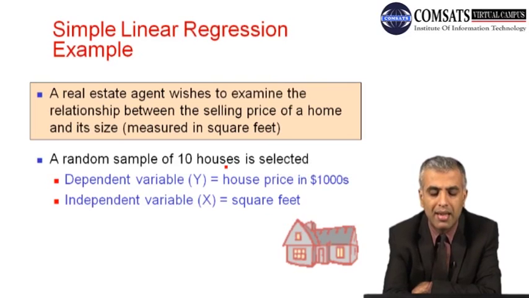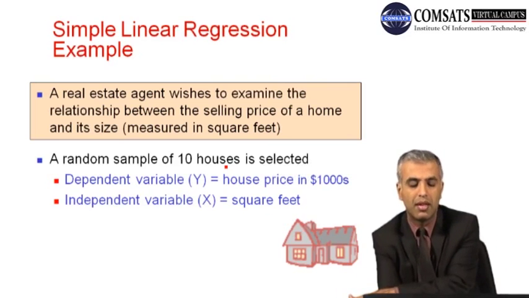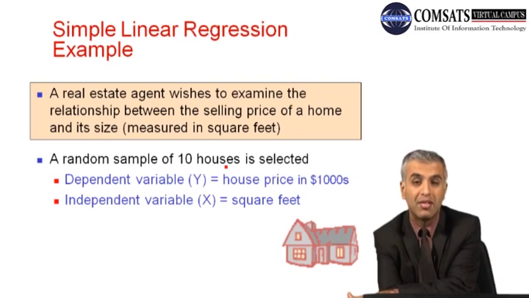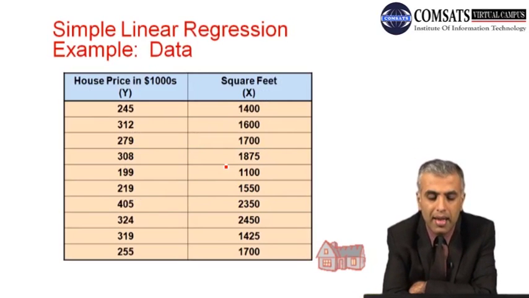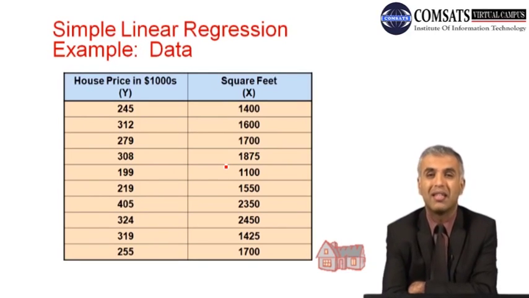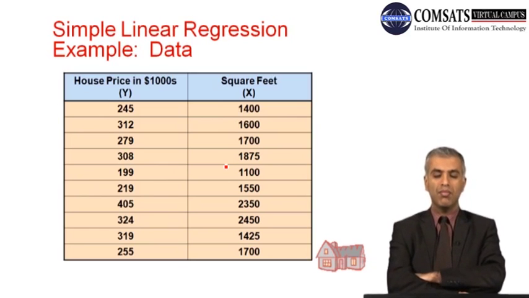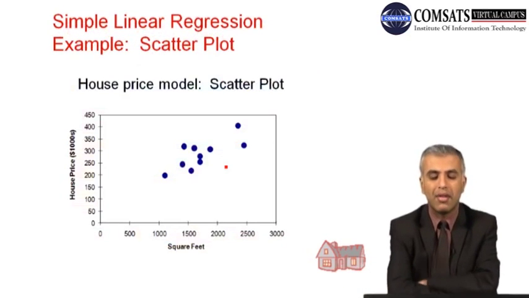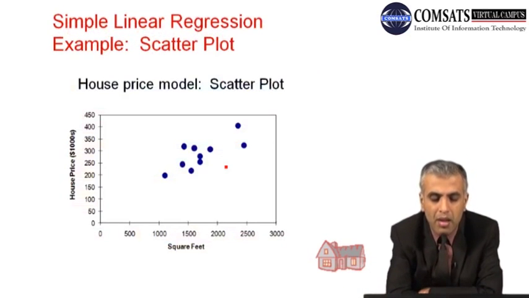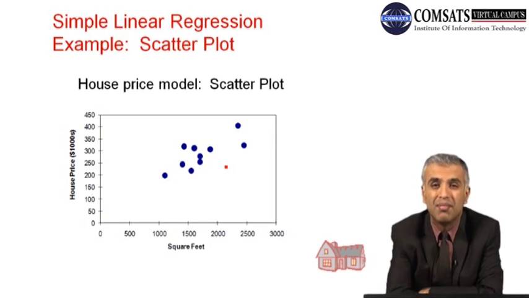So we have taken a random sample of 10 houses. Here the independent variable is size, and the dependent variable is house price. Now here we are given the data, but this data is fluctuating, so it won't be that easy to depict any kind of relationship between these two. So in order to have an initial view, we tried to draw the scatter plot of the proposed relationship, and